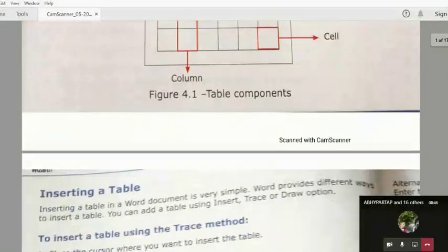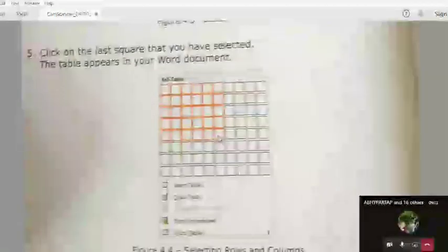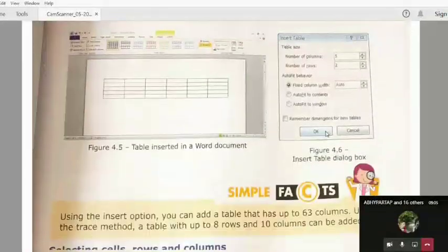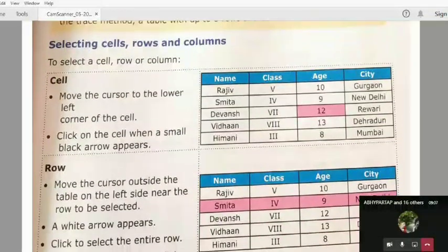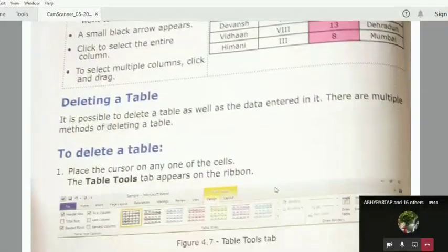Okay, so now we are going to learn how we can insert a table. Here it is written as a theory part, but now I will show you the practical part, how we can insert a table in MS Word. We will also learn how we can select rows, columns and cells.